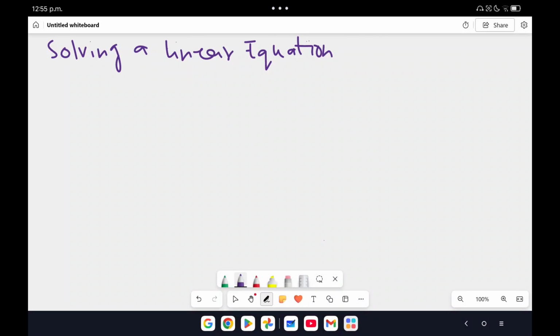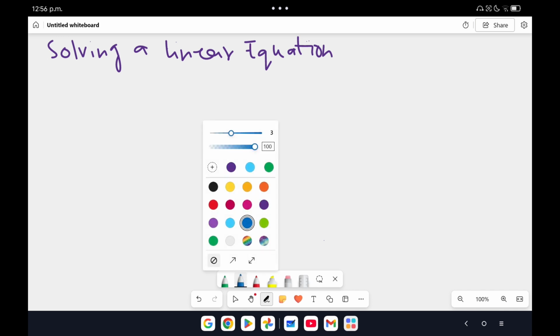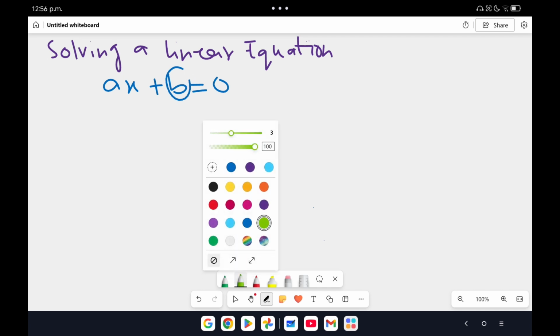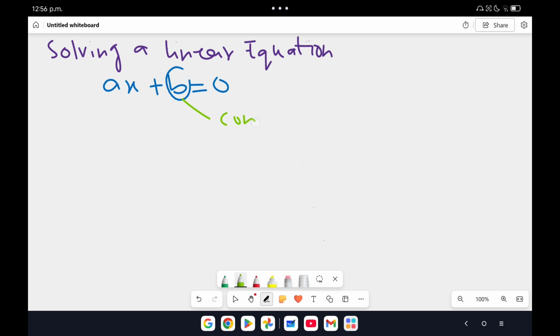So students, today our topic of discussion is solving a linear equation. But before we dive deep into the solution process, you must understand what an equation is. So any mathematical expression written in this form, ax plus b equals 0, where b is the constant and a is the coefficient of x, provided that a may not be equal to 0. b could be 0 in this